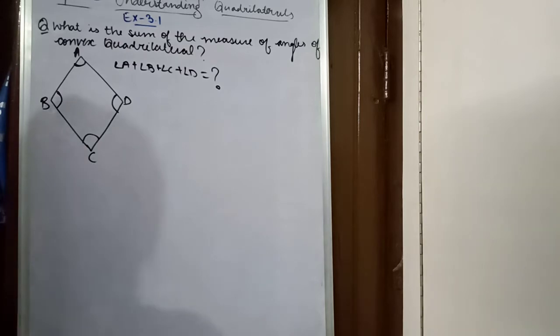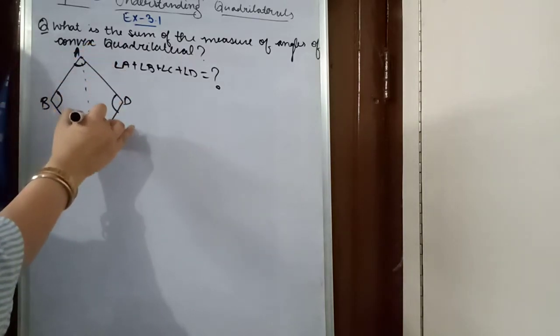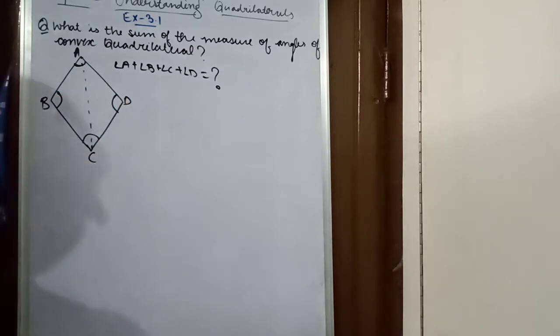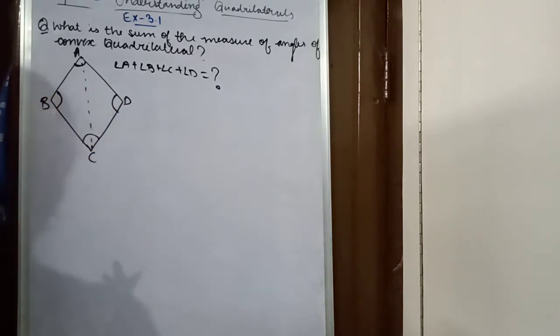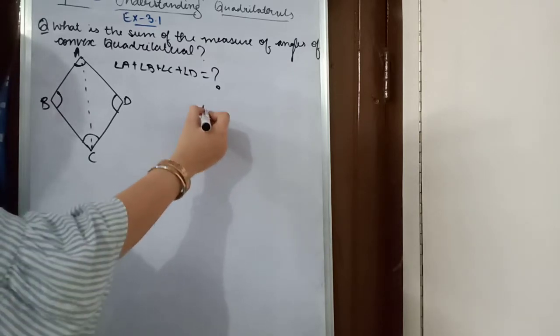For that, we have to draw one diagonal like this. You can draw the diagonal like that also. Why do we want to draw a diagonal? Because we have to divide this quadrilateral into two triangles. Okay, because we know if we draw one triangle like this,